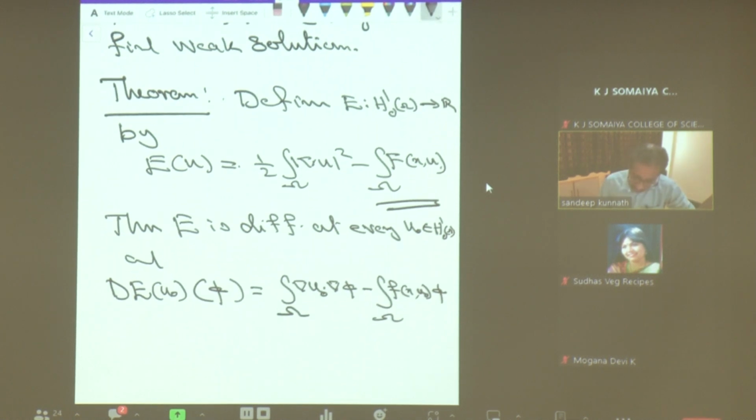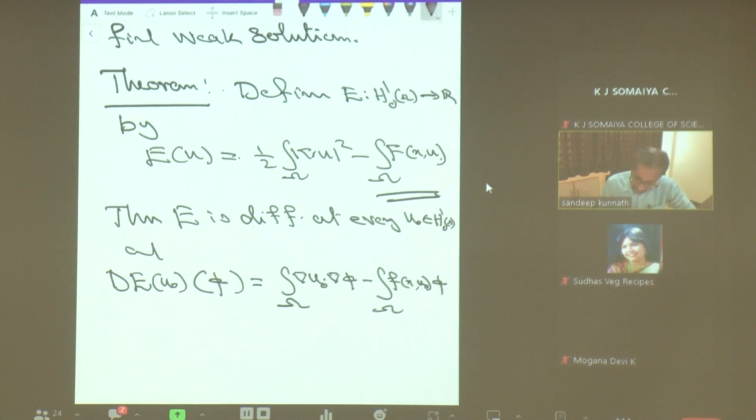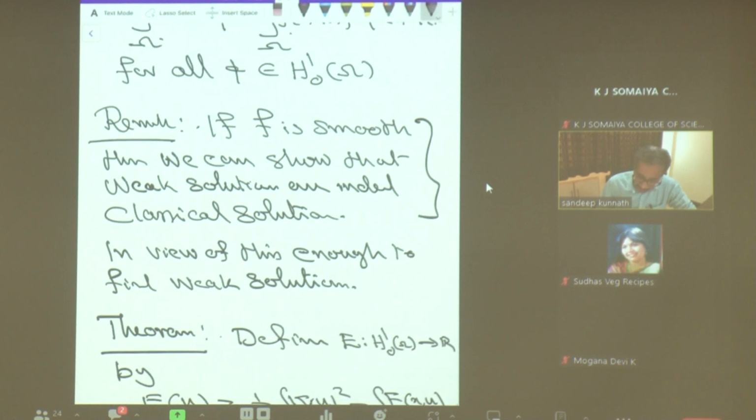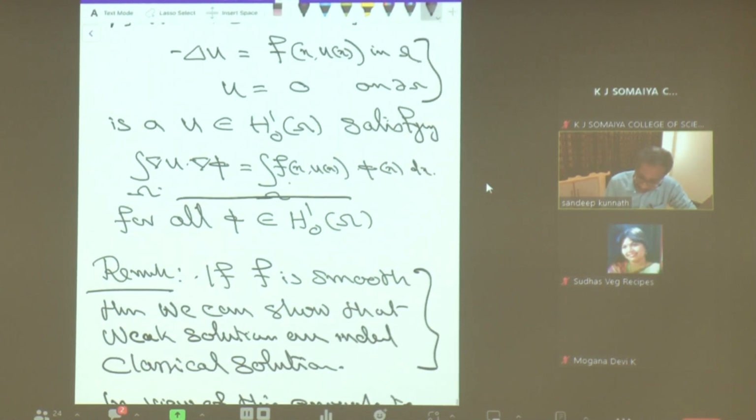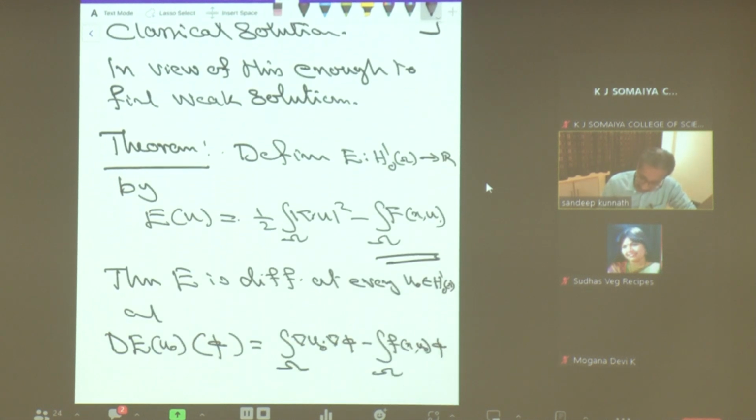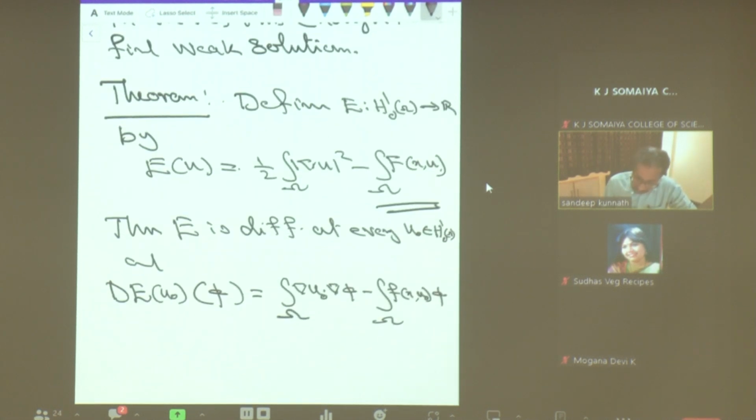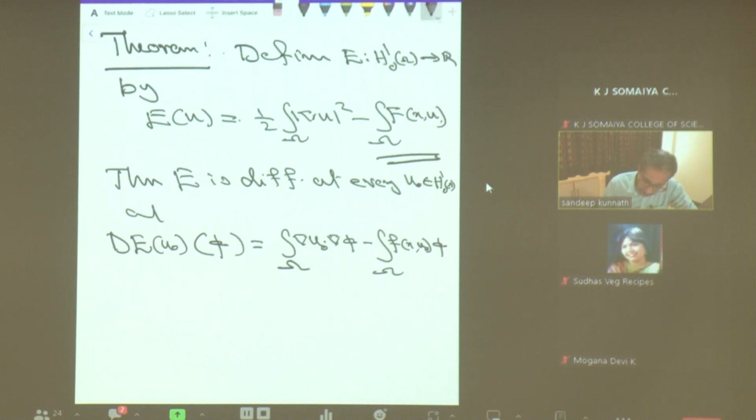So now this is going to be the derivative of this function which is defined. Now once you have this, the definition of a weak solution is this. That means the left hand side minus right hand side is equal to 0. That is precisely the derivative. So from here you will get as an immediate corollary that weak solutions